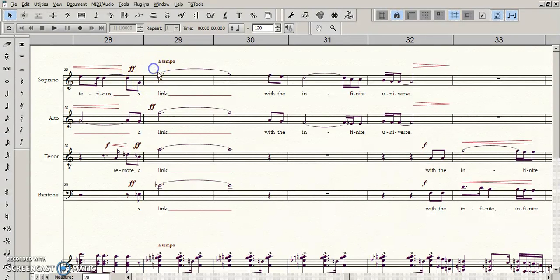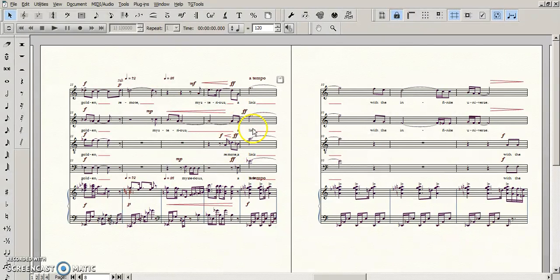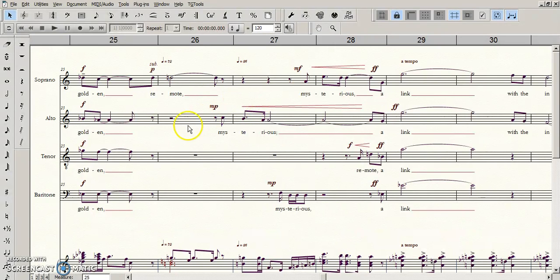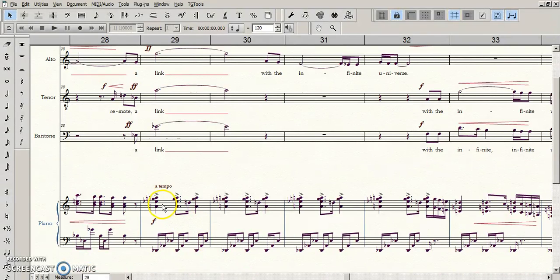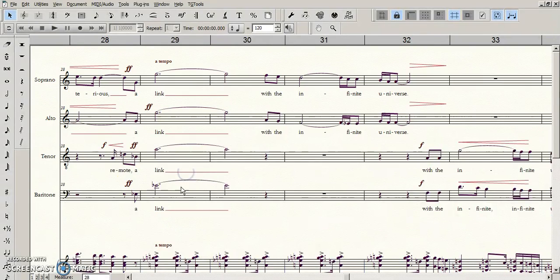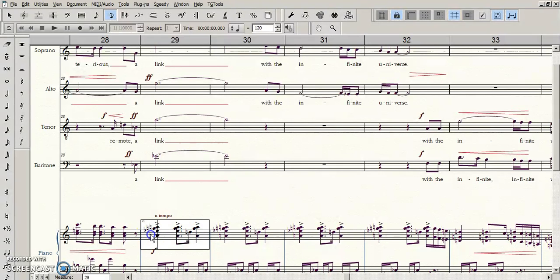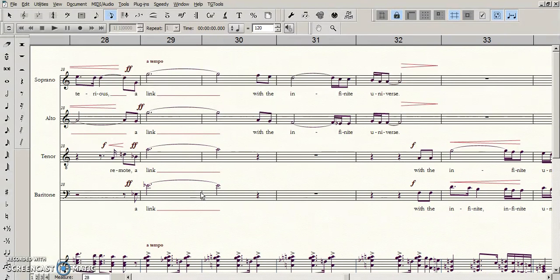I have a feeling that it's probably on the downbeat, and my creation of these accidentals here probably, let's see what happens if you take those out. Now it's like, okay,